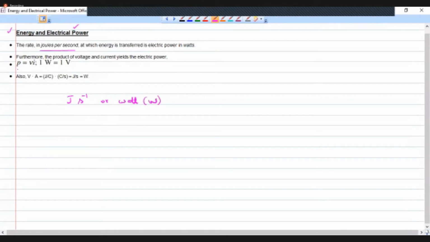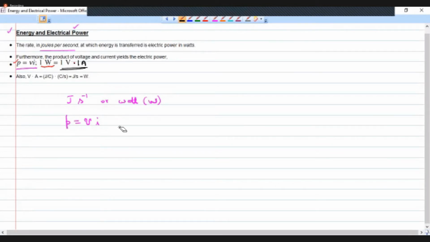So when you come to electrical circuits, what is power? The instantaneous power is equal to the product of instantaneous voltage V into the instantaneous current I. So that is how we can find power. The unit of P is watts. On the left hand side we have P, and the unit of voltage is volt, so 1 volt into the unit of current, ampere. So actually 1 watt is 1 volt into 1 ampere, right?